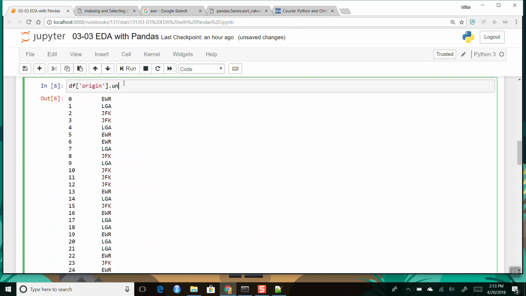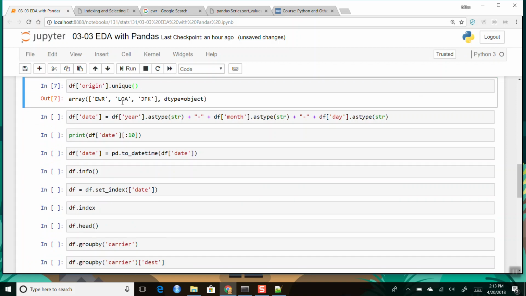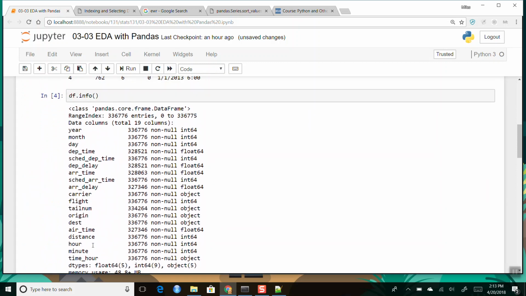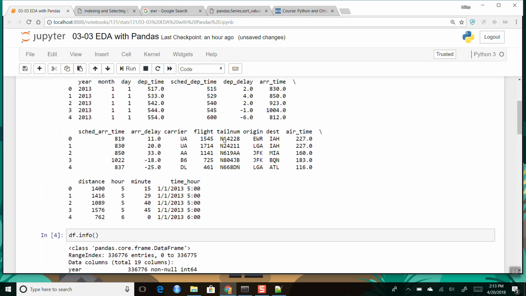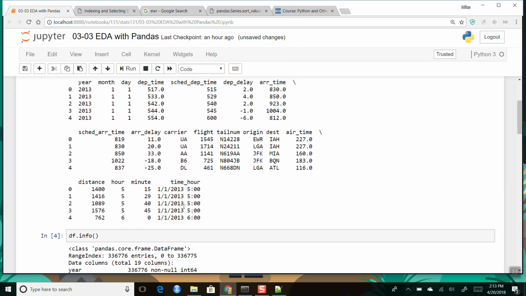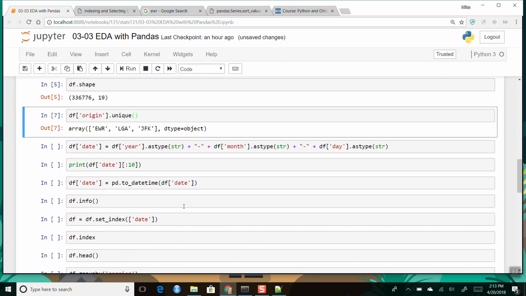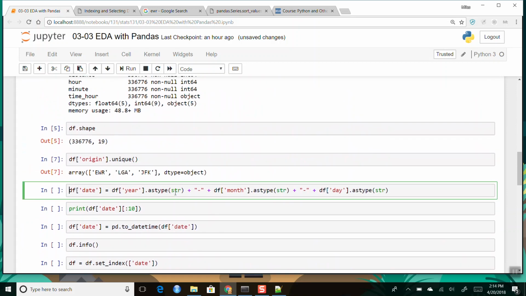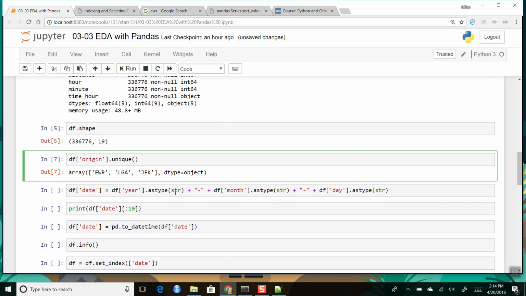And we can ask, what are the unique values here, right? And then it tells you, okay, there's only three unique values. What I want to do is use the date as an index here, okay? So right now we don't have any actual datetime objects. We do have the time and hour, and so this actually lends itself to be useful. But here I want to show you, if you don't have that option,